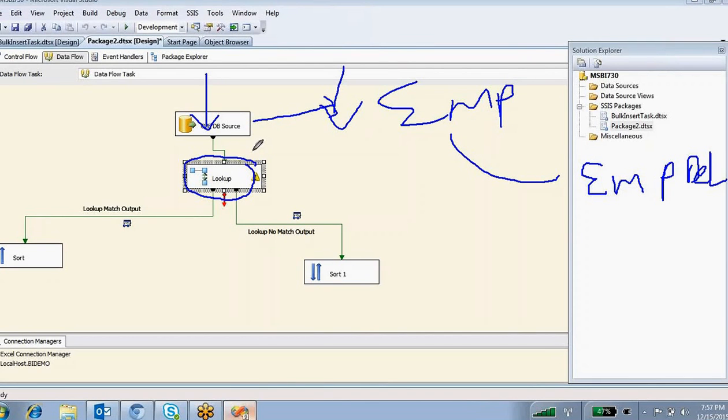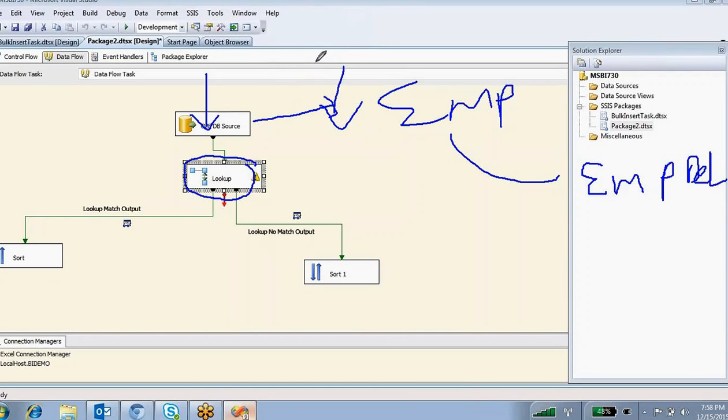In that table you have employee information, for example employee number and employee phone number. I want to take that employee phone number from the lookup table for all the employees coming from this OLEDB source. In that situation I use the lookup transformation, so I can find out each employee's mobile number.